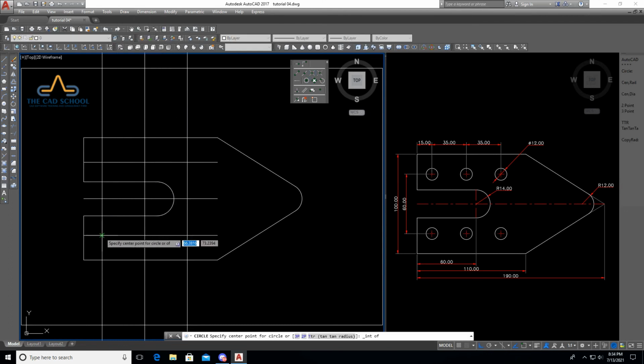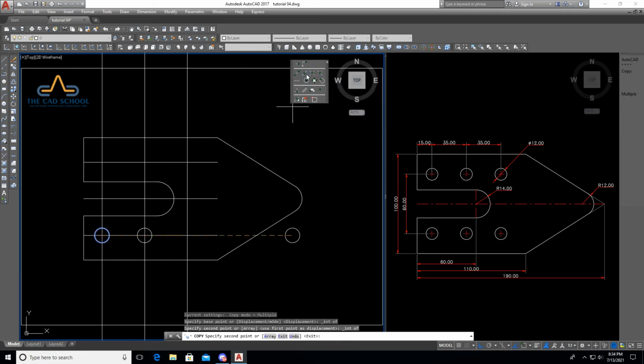Select intersection, specify the dimension, then go to modify to copy the circles. Important is the base point, so select intersection, then the second point, and then the third point.